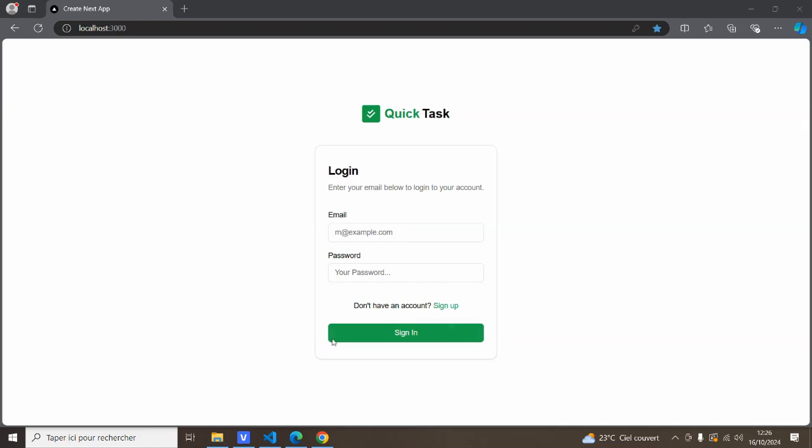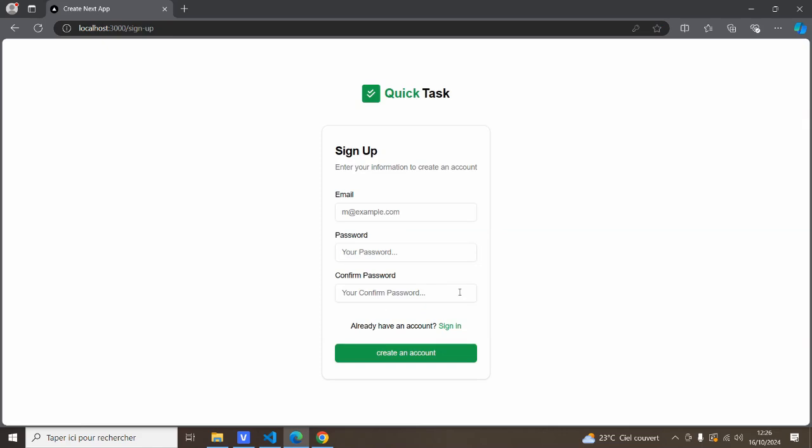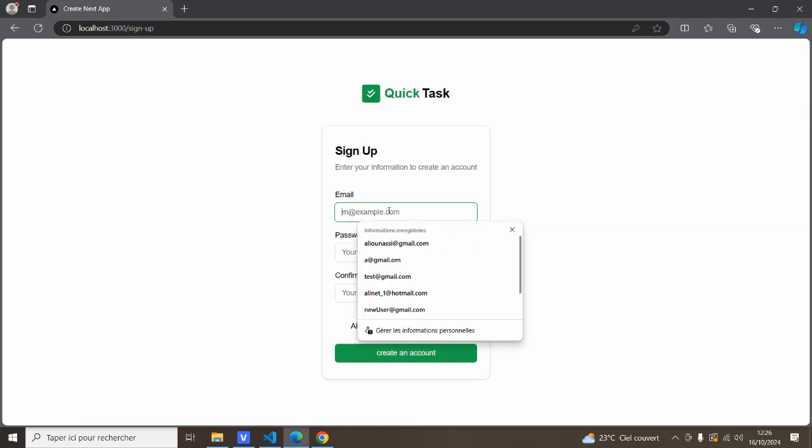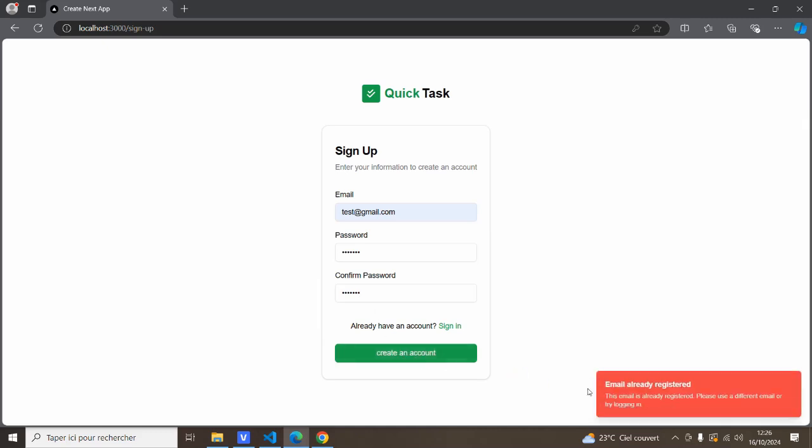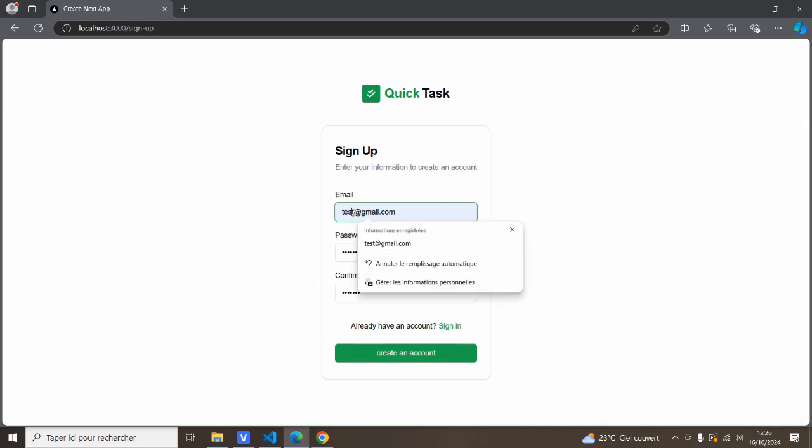So here we have this simple login page, and also we have the sign up page to be able to add a new user. So let's say, for example, if I want to add a new user and this user already exists in the database, and I type in the right password and click on create account. As you can see, the email is already registered, that is coming from the server. But if I add this